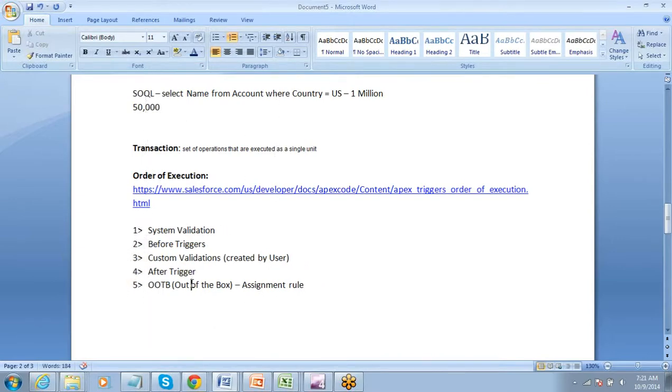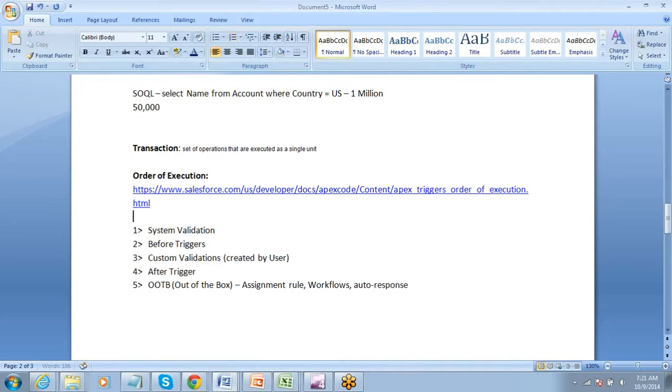Now everything apart from this, all your assignment rule, workflows and other things, basically, or auto response, will come here.